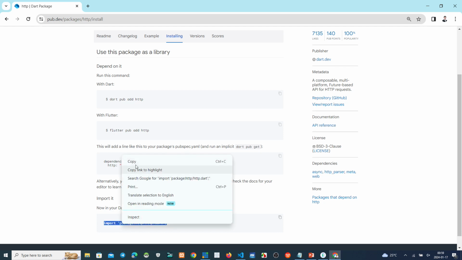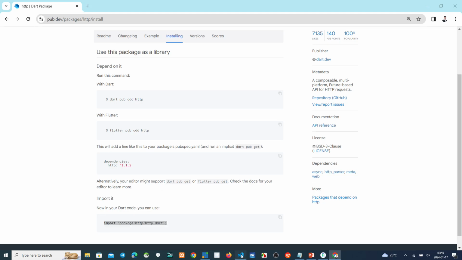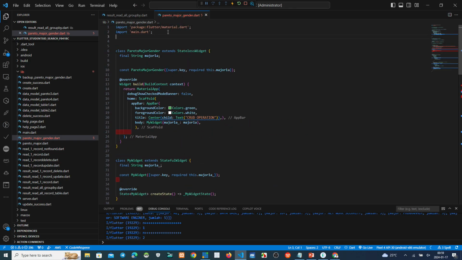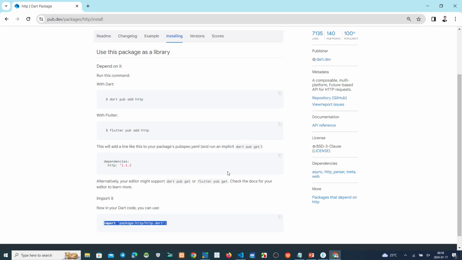Copy to the script. This one. HTTP. Okay. And then we must copy this dependencies to our script.